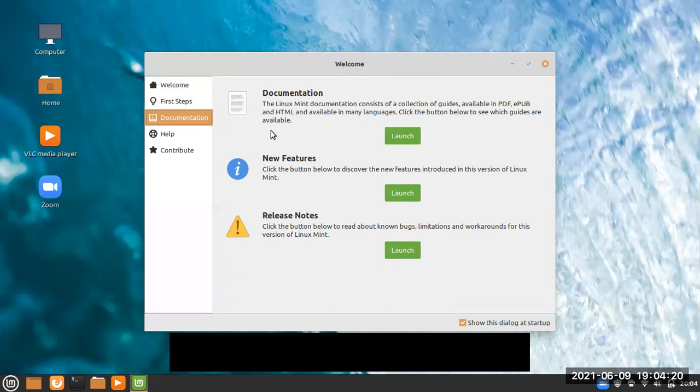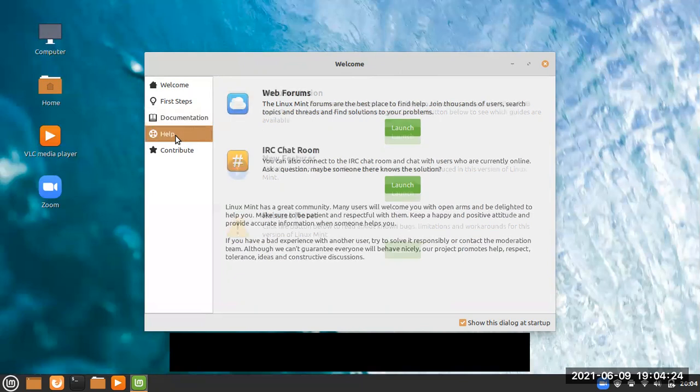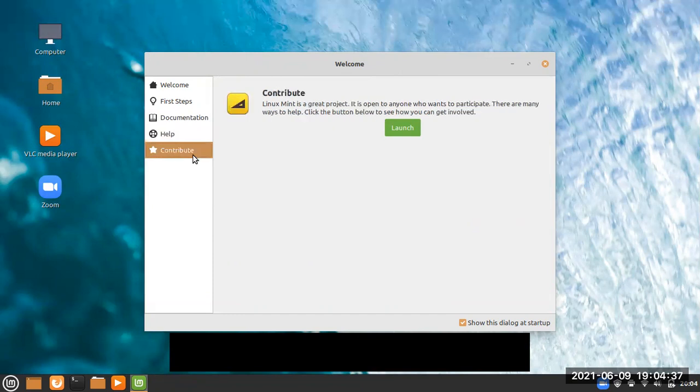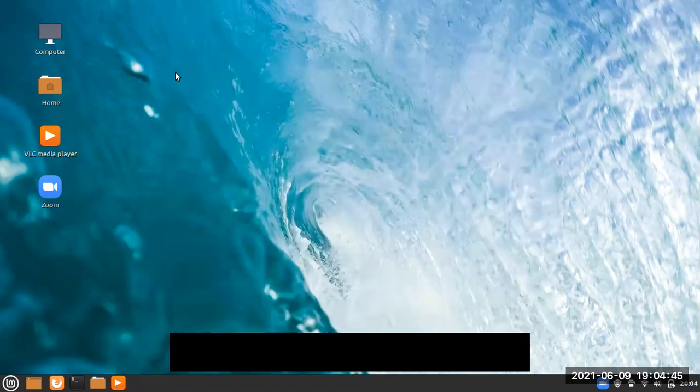So just to know that documentation is available, including help with web forums. And if you're the type of person that likes to chat, there's even chat rooms. And if you're a programmer, hey, learn to program and you too can contribute. So essentially we've covered the help or the welcome, but the only thing I would have added to it is